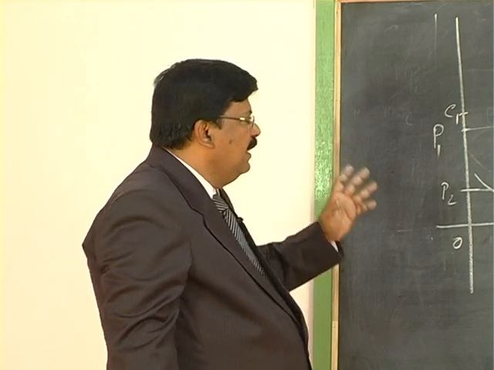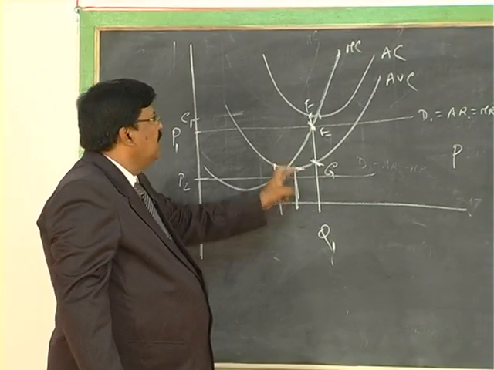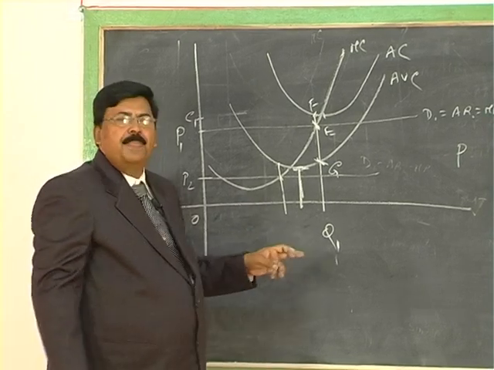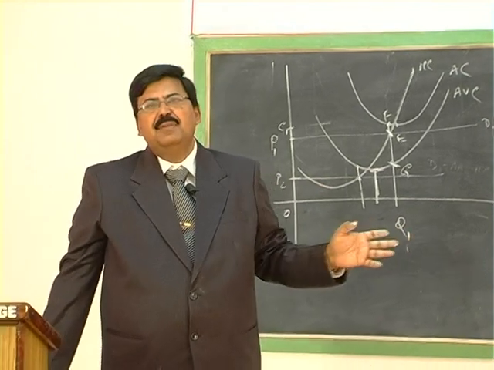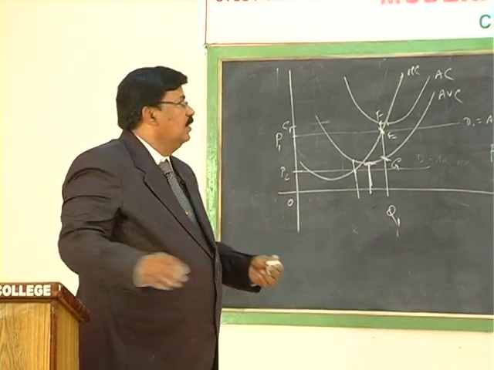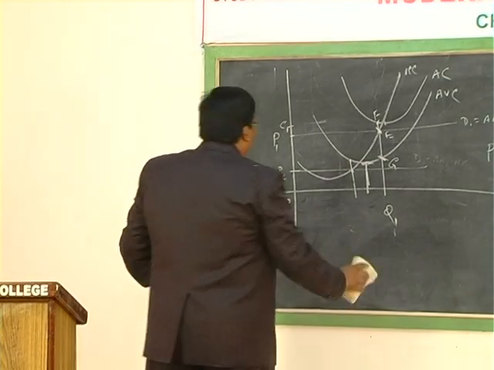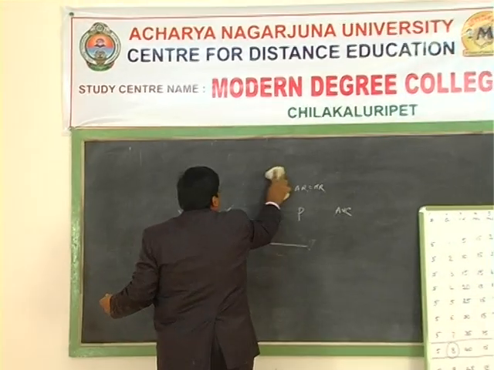So price must be at least equal to minimum AVC. If a price is more than minimum AVC, then the firm will continue. If price is less than minimum AVC, it will close down its operations. So in the short run, what is more important is price must be at least equal to or greater than